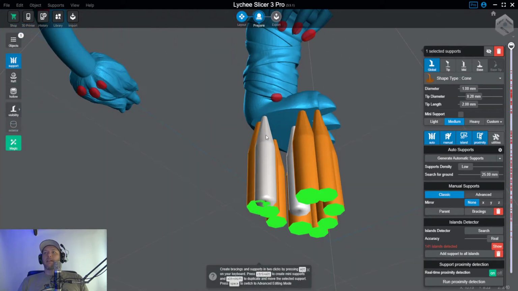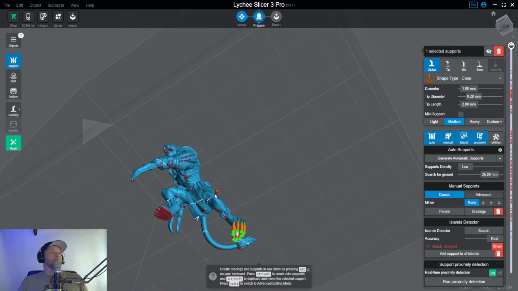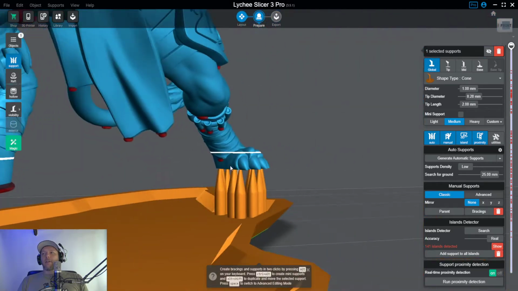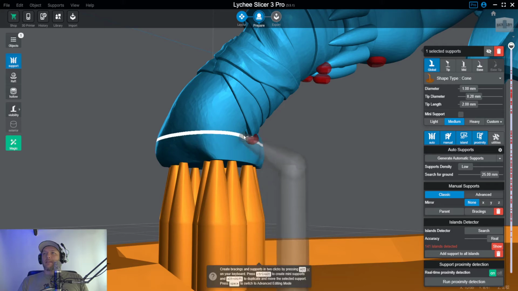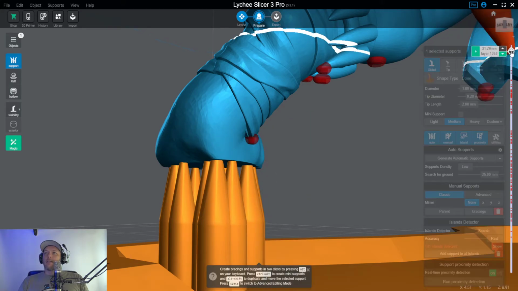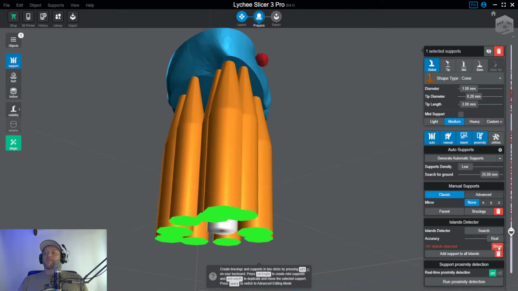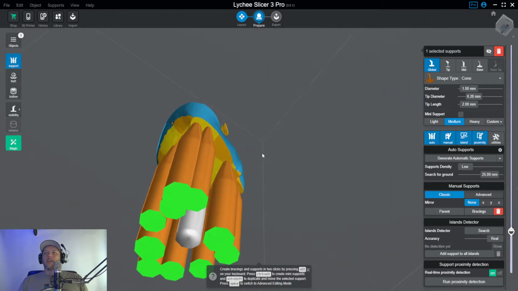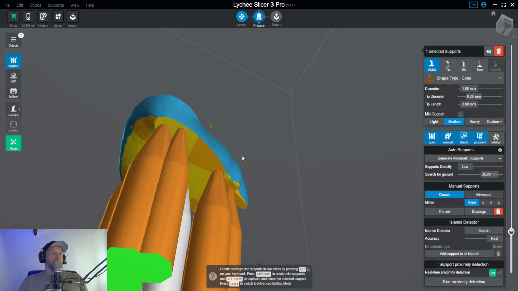Perfect. So we definitely know every single one of these red dots on this model needs a support, period. So let's talk about what an island is. If you're unaware, you've probably heard it a few times. This little red dot is what we call an island. So when we look at the slicer and break it down to what is actually taking place layer by layer,